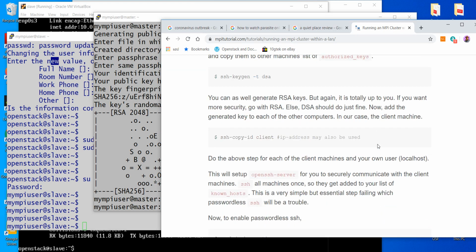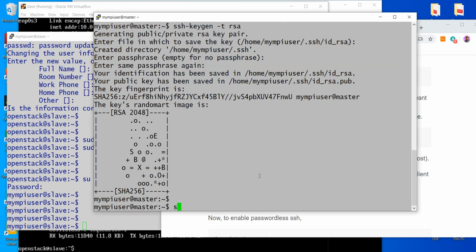You can also look at the tutorial for more information on this MPI tutorial website right here. So here I'm going to use this ssh-copy-id